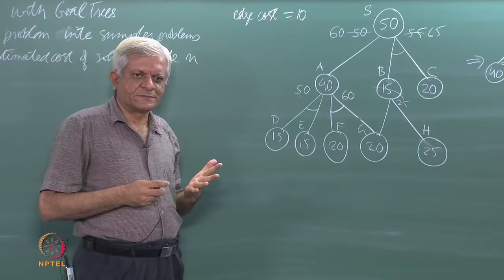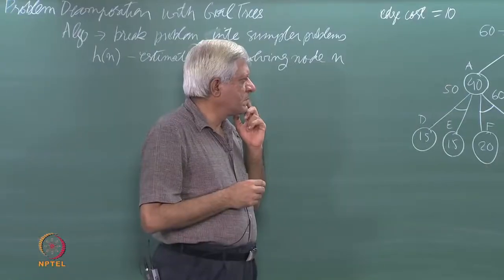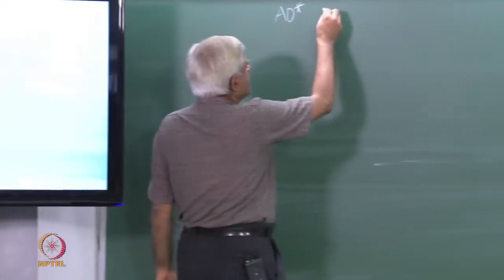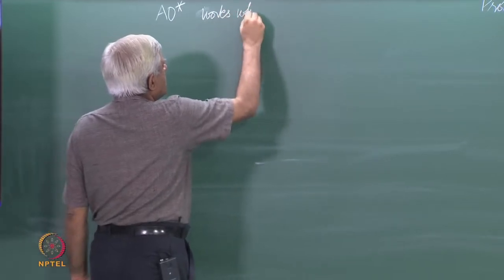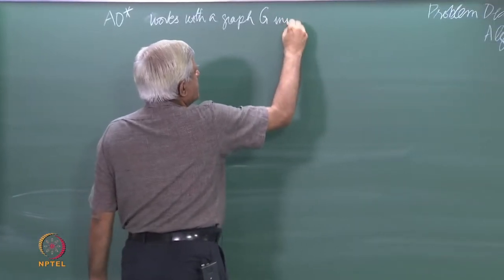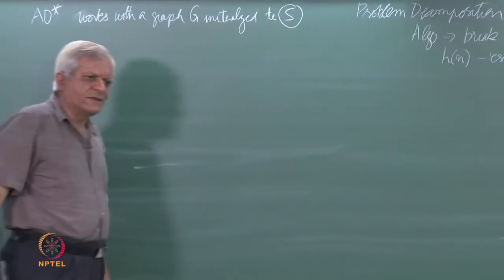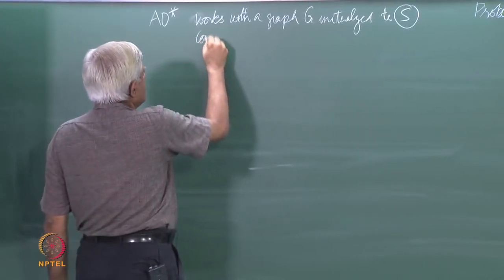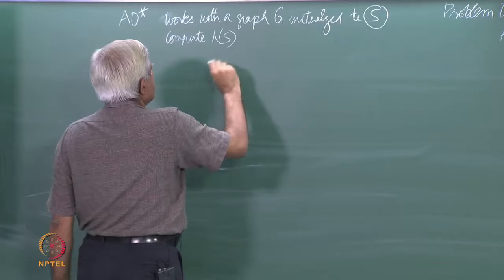Looking at the heuristic values. Okay, so just think about this. I will come back to this question in a moment. So, let us write this. So, AO star works with a graph G, which is initialized to S, which is a single node S essentially, and then it says compute H of S and initialize